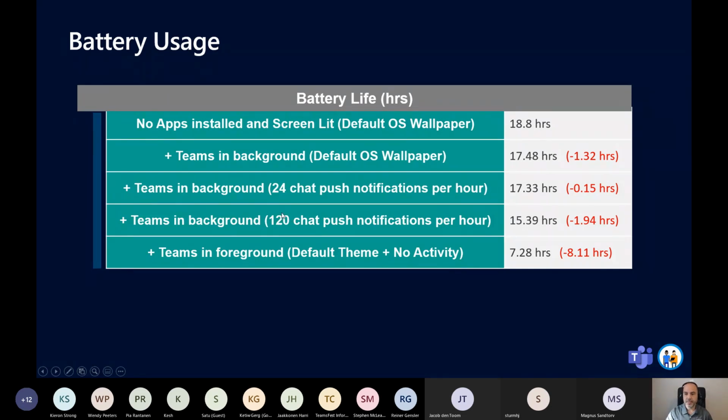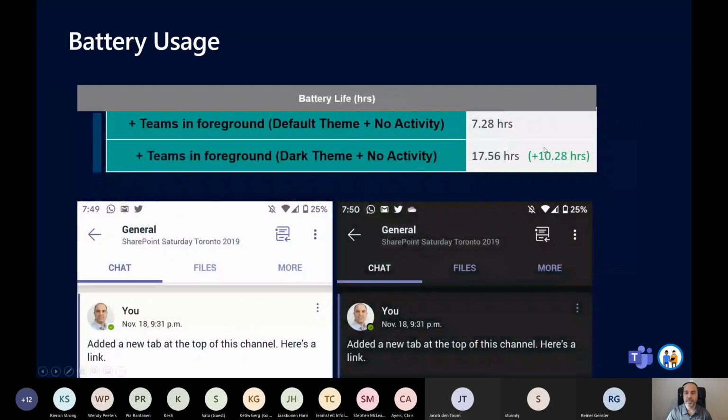So it's not huge, but where you do see a very big drop is when Microsoft Teams is running in the foreground. One of the reasons is that the default theme is white, which basically lights up the entire phone with pixels. It takes a lot of energy. So about a year ago, Microsoft introduced dark mode, and that's what I'm running on my phone most of the time.